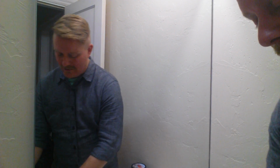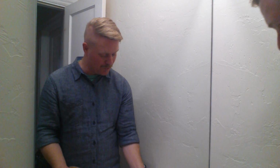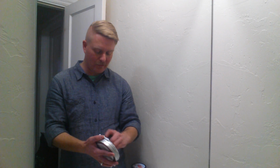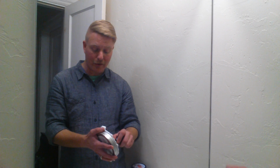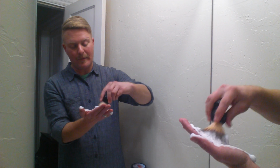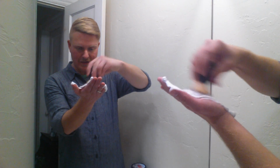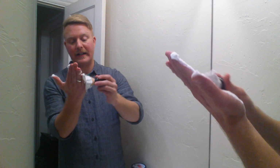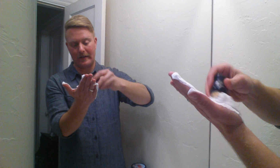I'll show you. Okay, so you remember what this looked like. I'm going to use my hard water on this soap. I haven't even soaked the brush. And this is How to Grow Mustaches hard soap. I'm spending probably just as much time as I was on the other stuff, just loading the brush. That's maybe the only difference there. Alright. Now just to show you guys, right away, I barely even touched my hand and I'm getting awesome lather. Super shiny, super slick. I mean, this stuff is...